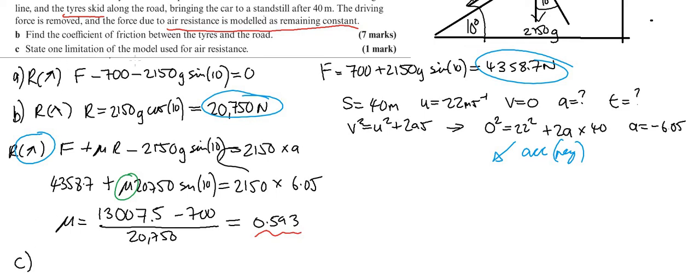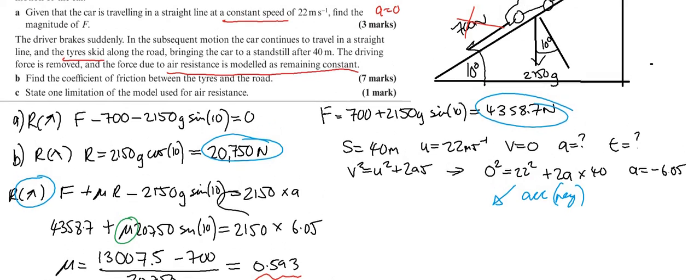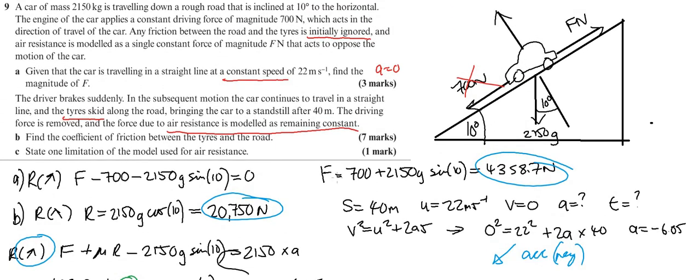Okay, so now the last thing we're left with is part C, state one limitation of the model used for air resistance. So as the car speed changes, the air resistance would change, because actually, to calculate air resistance, it's the square of the speed you're moving, so it wouldn't be a constant. So that's a limitation of